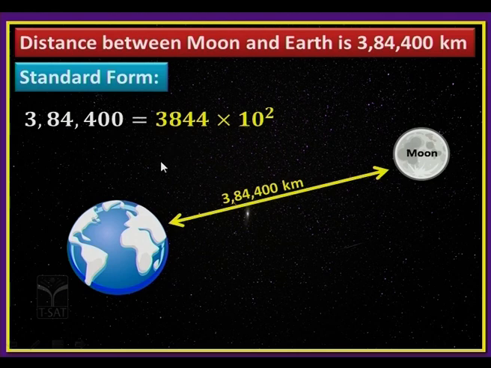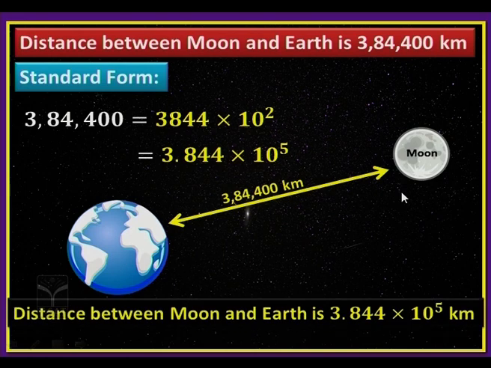So, where should I put the decimal point, children? Yes, in between 3 and 8. I get 3.844 into, after the decimal point, how many digits are there, children? 1, 2, 3. So, the power of 10 should increase by 3. Already there is 2, so we are increasing by another 3. So, 2 plus 3, it should be 5. Now, this number is said to be in standard form. So, the distance between the moon and earth is written as 3.844 into 10 to the power of 5